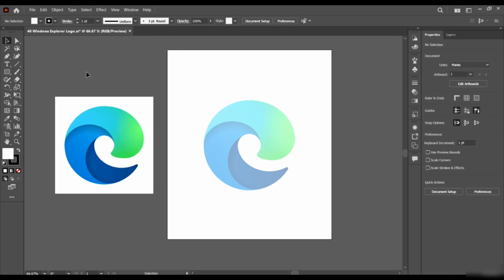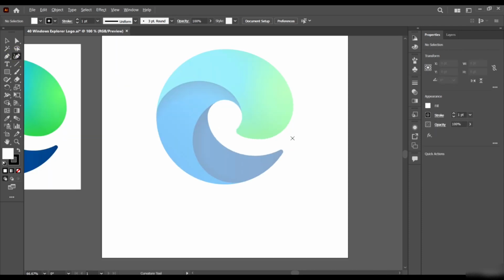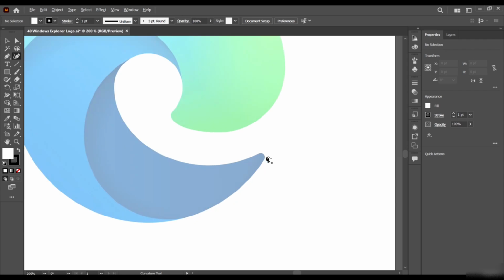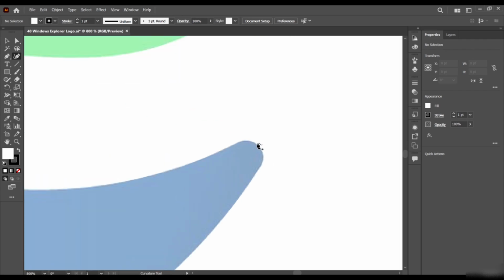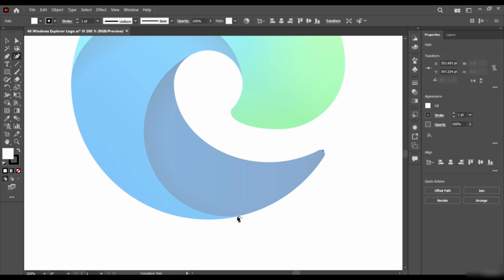The first thing I'm going to do is select my curvature tool, come to the edge like this and double click. Then try to follow the curve.